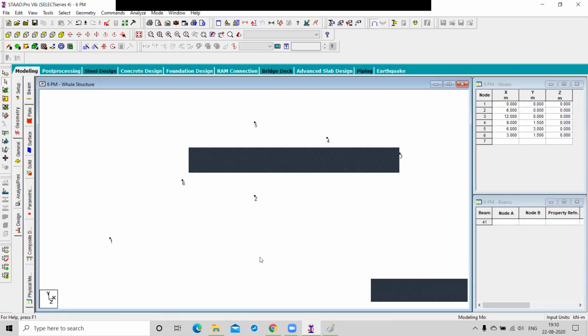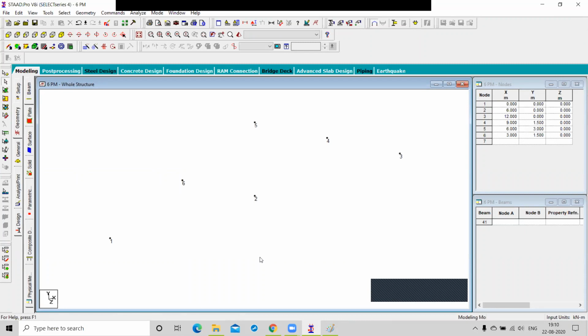You just press shift plus n to show or hide the node numbers. Shift plus n, the node numbers are hidden, and again press shift plus n to show the node numbers.